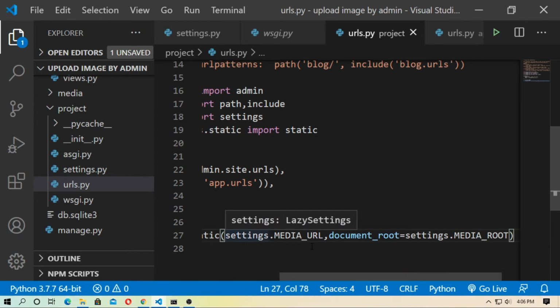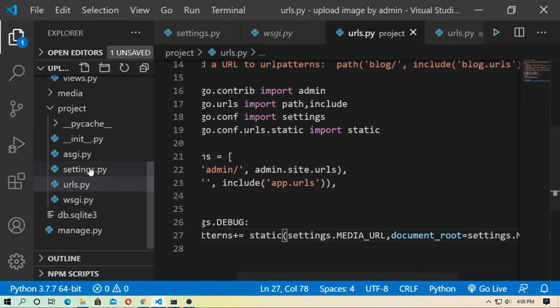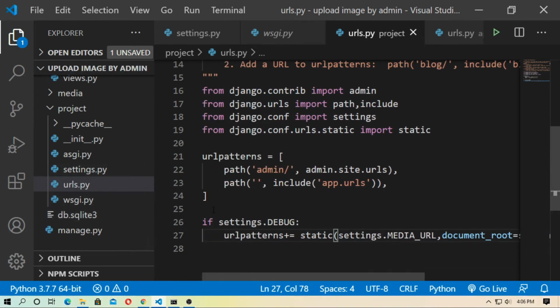Media root and media URL are already defined in settings.py. You have to add this because every media file or image has a unique URL. Okay, now save it.